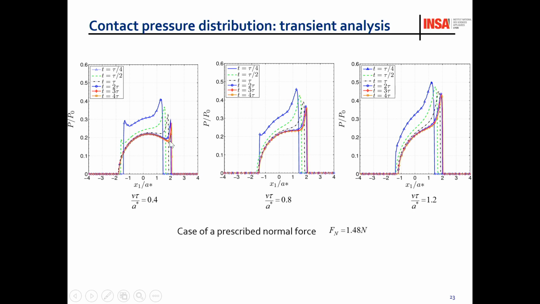Okay. Now this is another example with higher speed. The speed is double, and this time it takes again about 2 times tau to have the steady state solution. And on the right, it will be the same. However, the result is not the same.